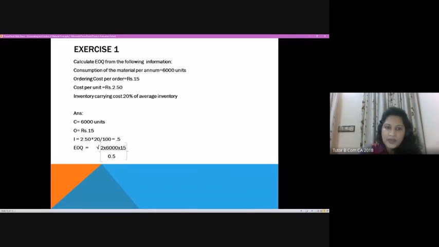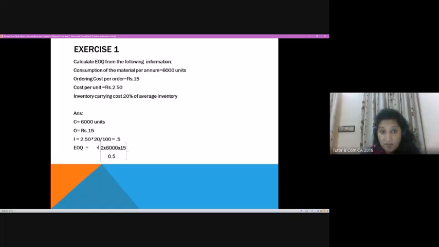Inventory carrying cost per unit you have to find out. So that is 20% of average inventory. So cost per unit is 2.50. So 2.50 into 20 by 100 gives you 0.5. So EOQ, as we know, 2 into the annual consumption, which is 6,000 units, and ordering cost per order, which is already given in the question, 15 rupees, divided by 0.5, because we know the formula. What is the formula? Root of,